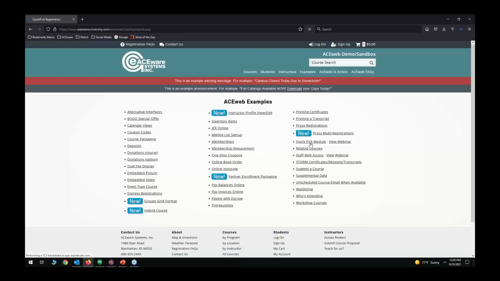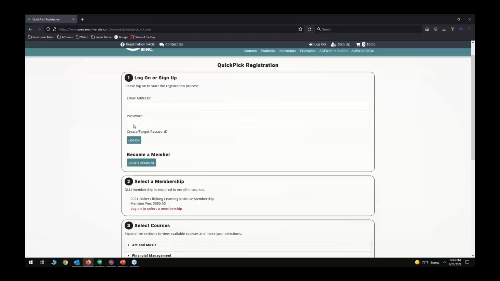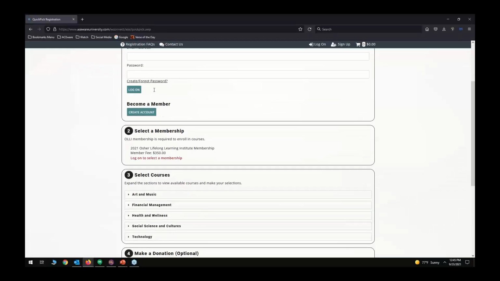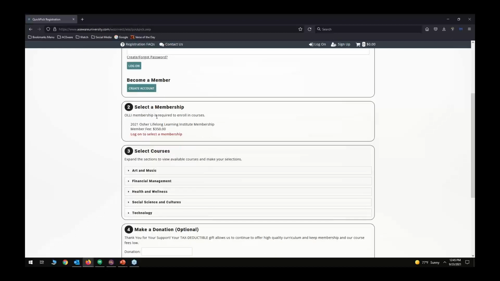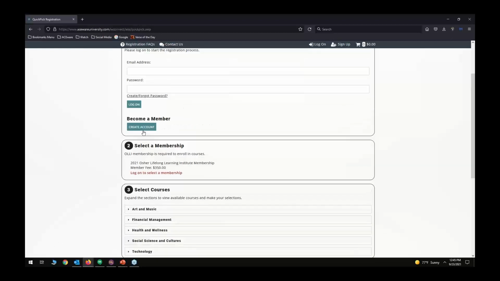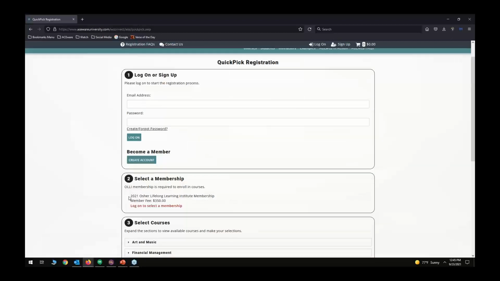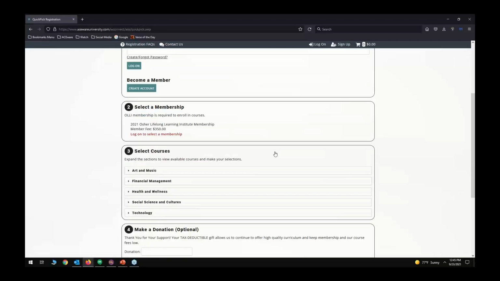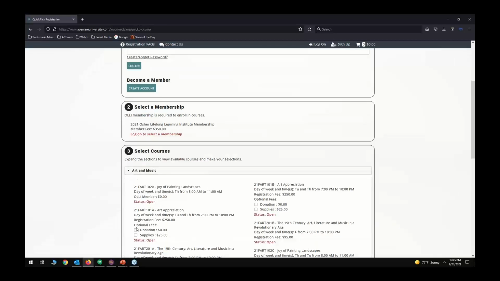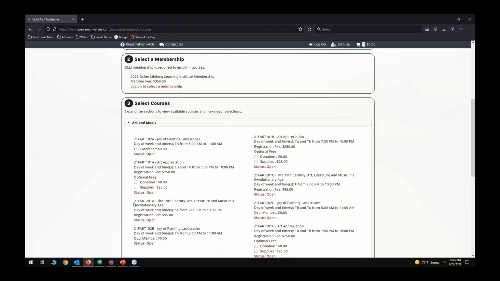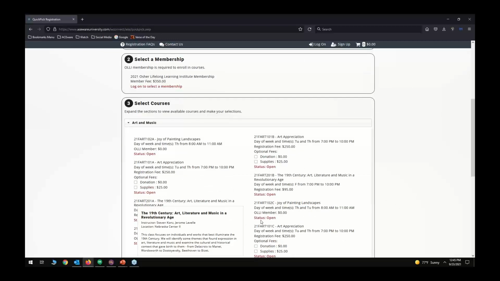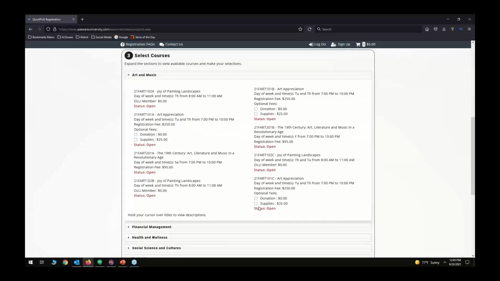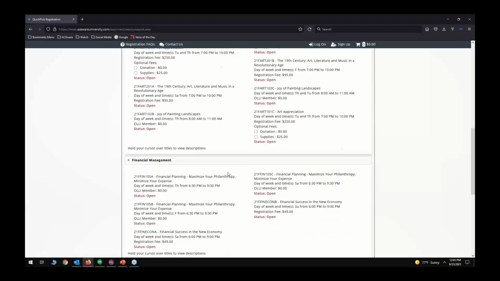And I clicked it, and I guess it's thinking I'm faster than it is. But you log in, and you'll notice that nothing is selected, so you must log in first. Once you log in, this becomes live for you. Now notice that your courses down here, none of them are live for you to click on. Of course, you can click on donations, but none of the classes are live for you to click on because